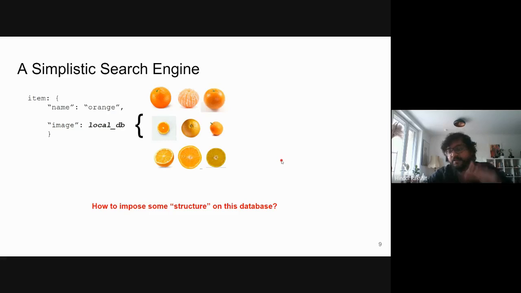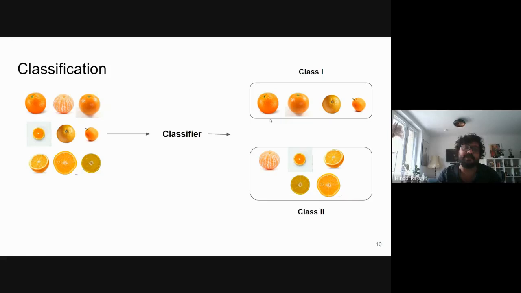And let's say for now the most basic structure is oranges with the skin and oranges without the skin, right? So that would be one structure where we take this database and put it through a classifier and group it into two different classes. In one class we have oranges with the skin, and in another class we have oranges without the skin. Now, going back to the database, just looking at these pictures of oranges, how would you design this classifier? And that is perhaps the most important question in this presentation.